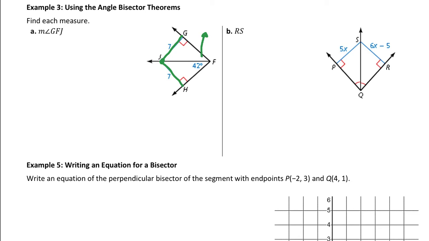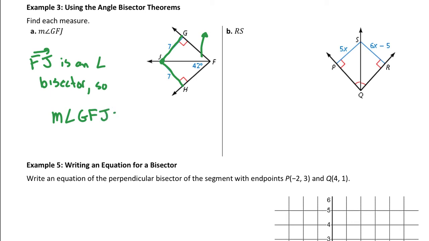So that means ray FJ is an angle bisector. So that means that the measure of angle GFJ is also 42 because this angle is being split into 2